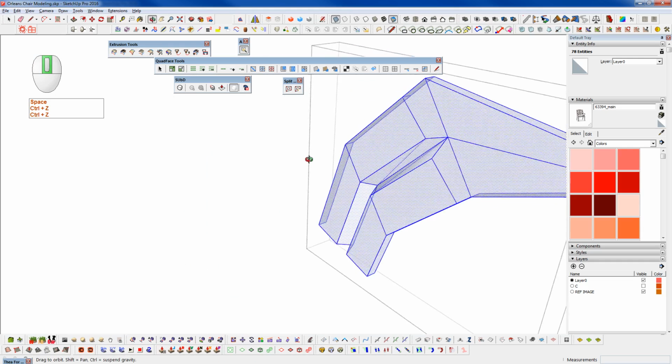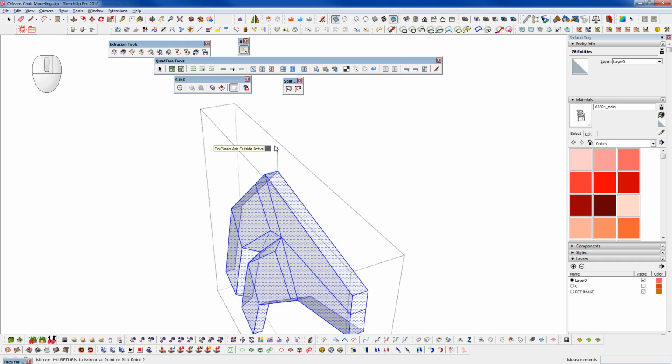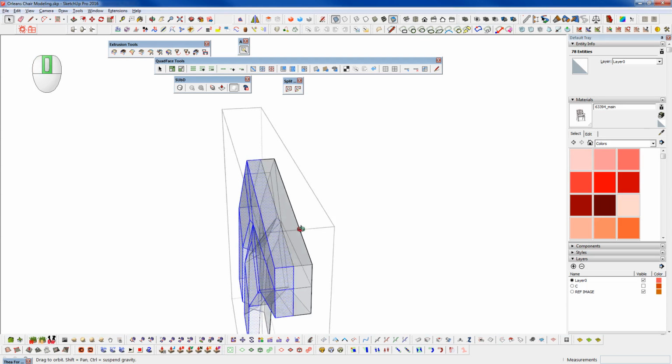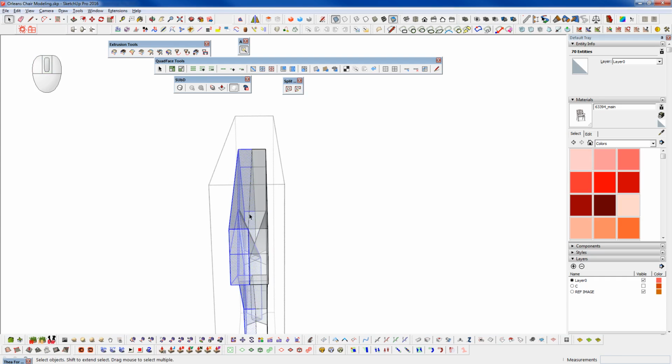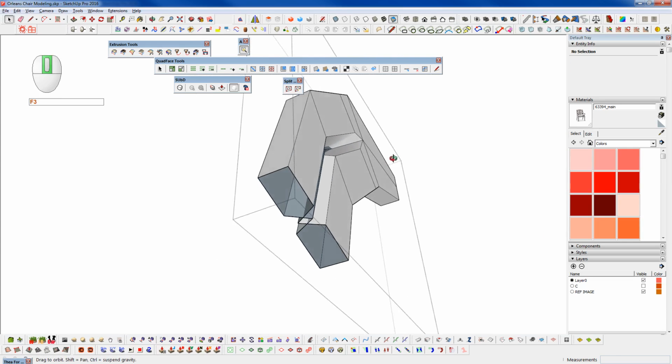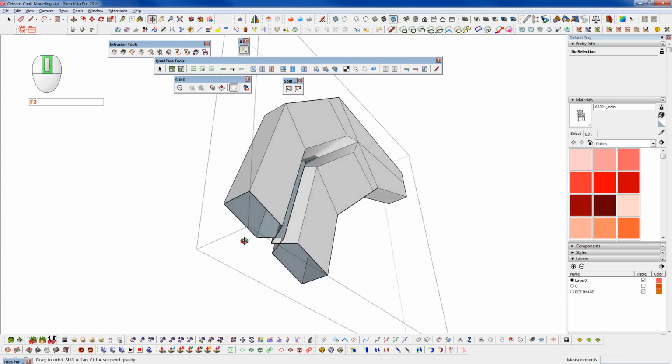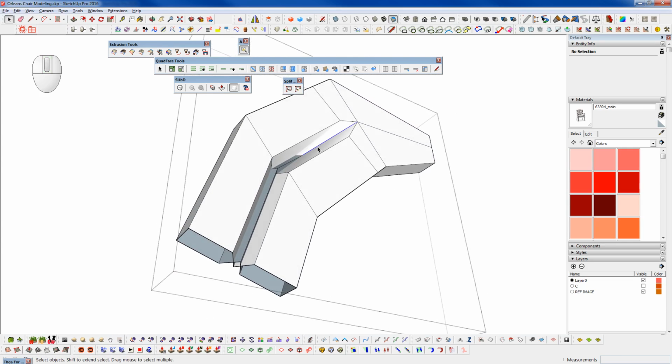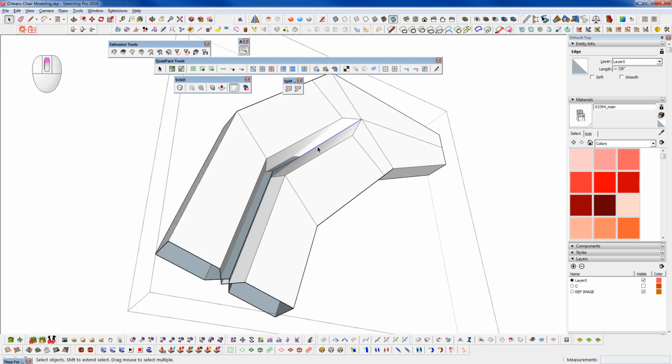And we can just mirror it this way as well. And get in here, grab this loop and delete it. And the only issue we're having here is this edge here